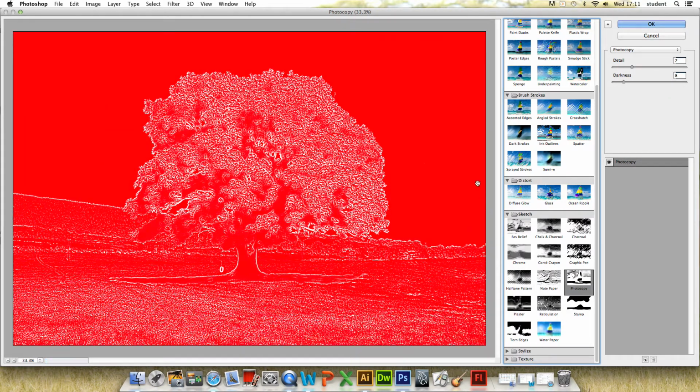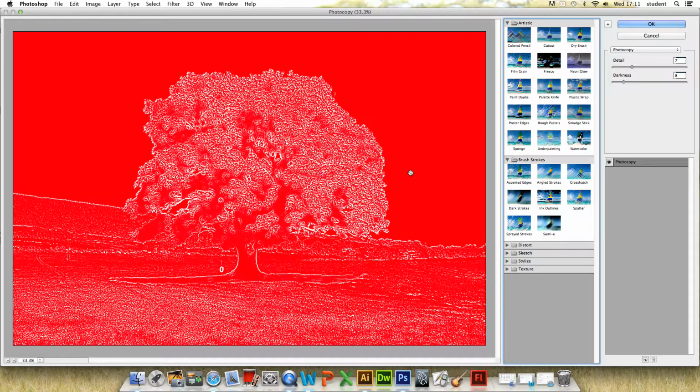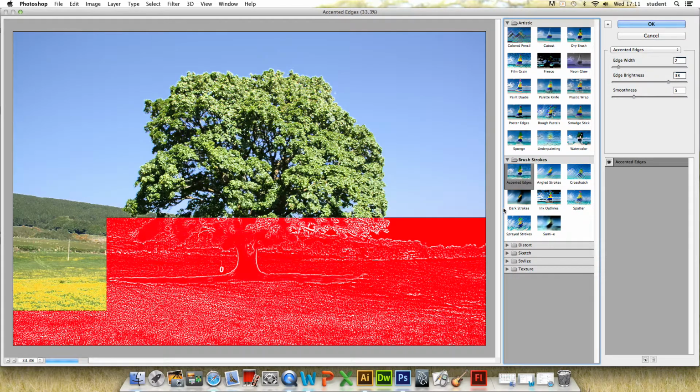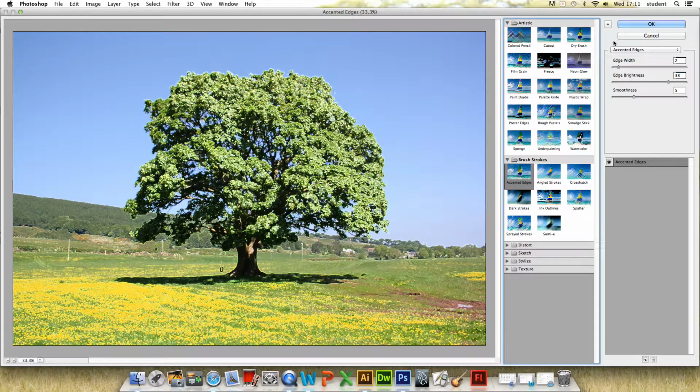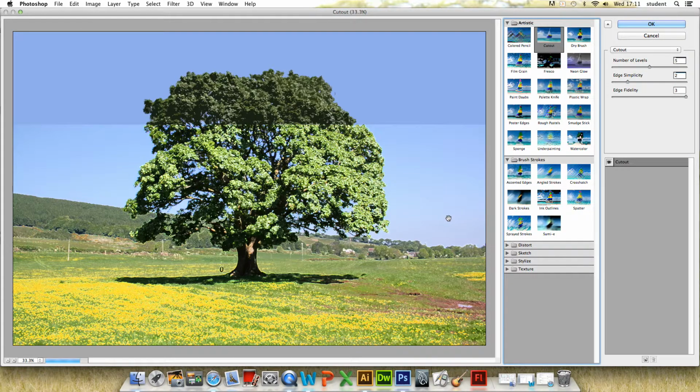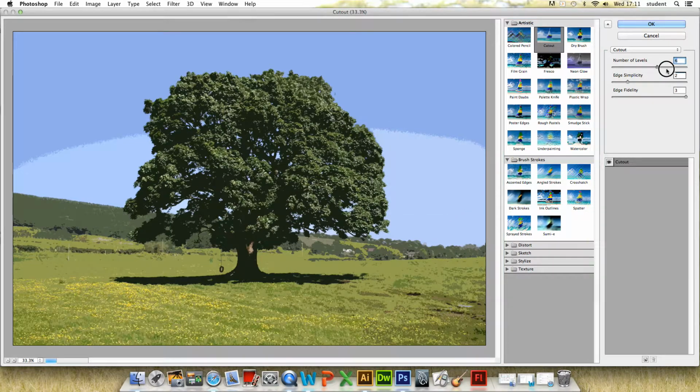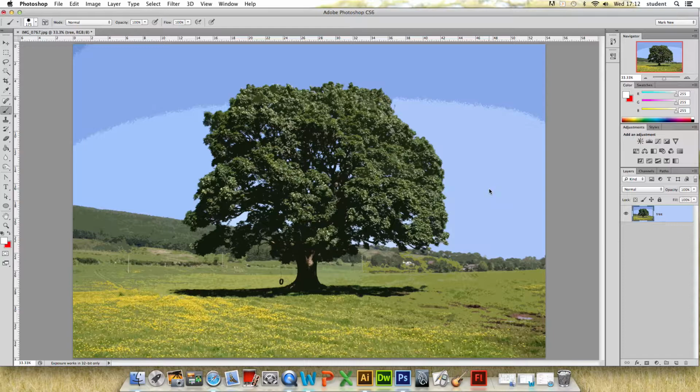It doesn't necessarily need to be the whole image, it might just be one element or a small image that you're planning on using. Okay, so if I go back to this cutout, I quite like that cutout effect. So if we go back to the cutout effect, I'll just increase the number of levels. Hold on. If I was happy with that, all I need to do is hit OK. And now that effect has been applied